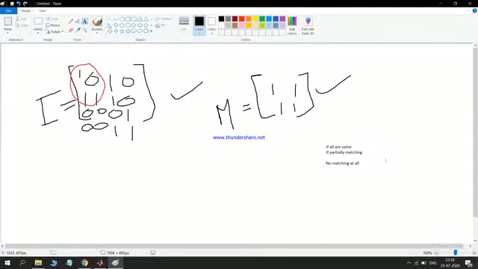So these are the 3 conditions. If the first 2 conditions occur, we are going to put it as 1, else we are going to put it as 0.